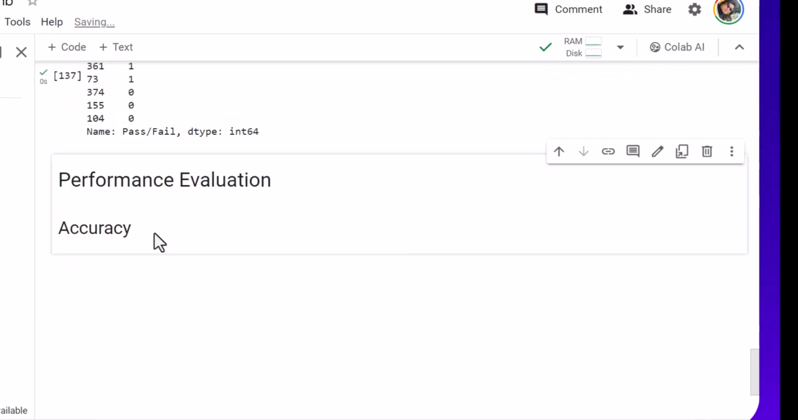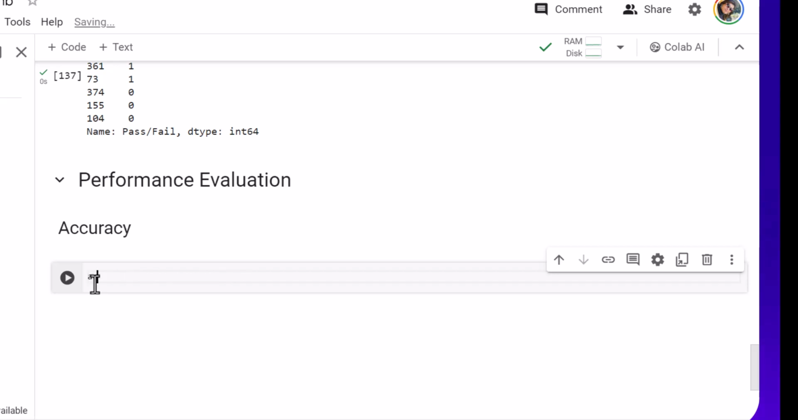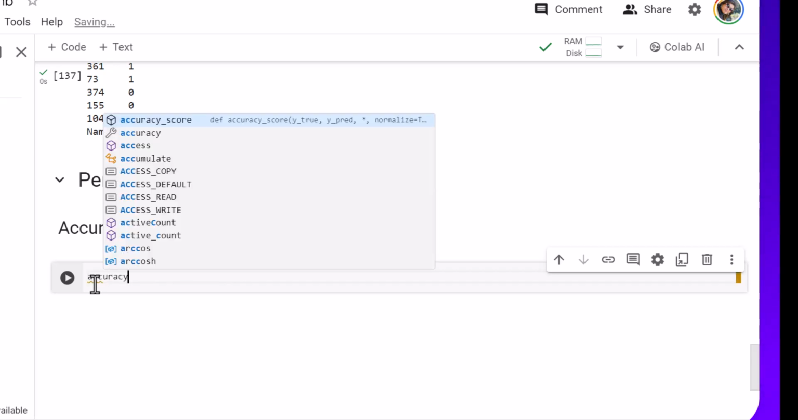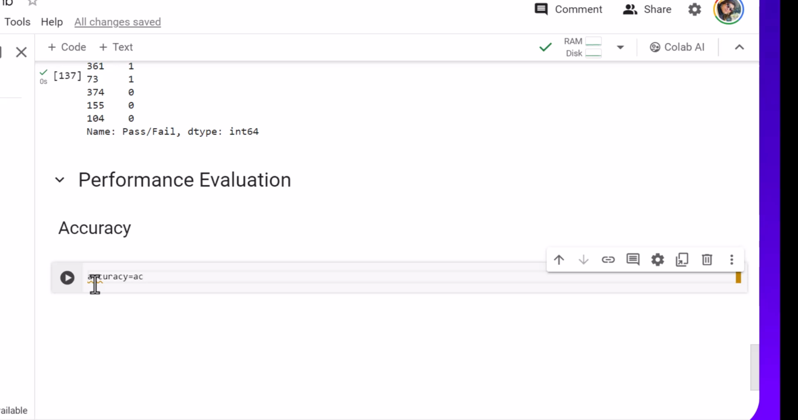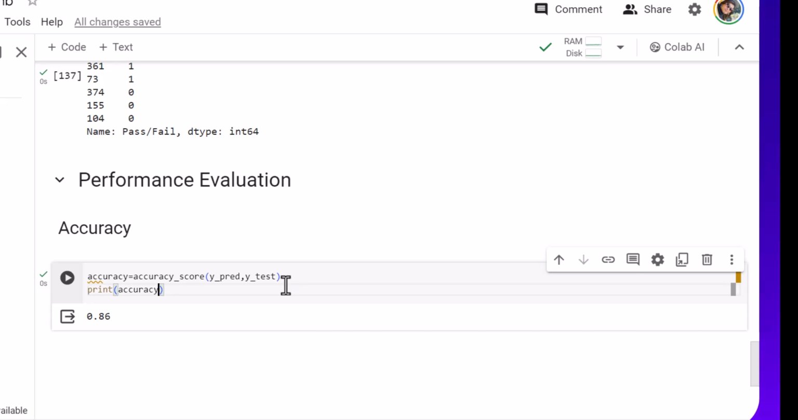and let's create a variable accuracy is equal to, and in this accuracy score we'll call y_test and y_pred. So actual values and the predicted values, and we'll run it and we'll just print it. It says 0.86, 86%. What does that imply? Out of all the data, 86% of predictions are done correctly,